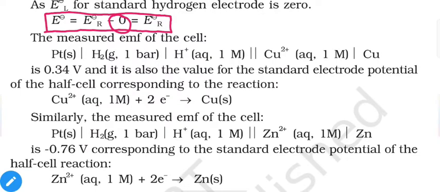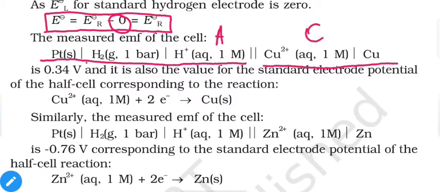Now the next one, a specific example, is mentioned. Suppose we have a hydrogen half cell as mentioned here and a copper half cell as mentioned here. Hydrogen is on the left hand side, so it must be the anode, and copper is on the right hand side, so it must be the cathode. Now concentrations are in unity, as we can see. Pressure of hydrogen gas is 1 bar, concentration of H+ is 1 molar, concentration of Cu2+ is again 1 molar. So all of these concentrations are in unity, so here we have standard condition.